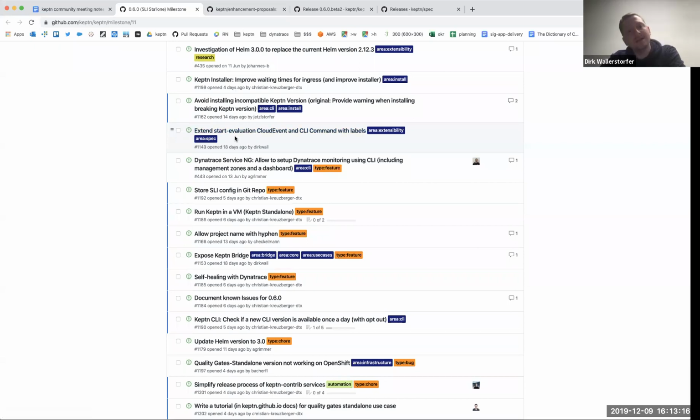Right, we want to extend the cloud event, and in this issue it says only the start evaluation cloud event, but in fact I would like to see this change in all cloud events, that you can extend them with labels. With labels I mean just key-value pairs of data that go into the data block of the Keptn cloud events. That would enable you to, for example, pass arbitrary data as labels, like a Jenkins build number or a NeoLoad test ID,